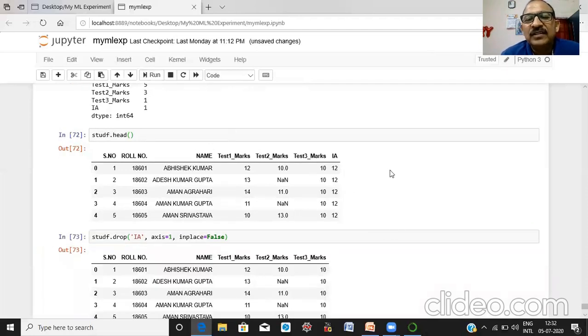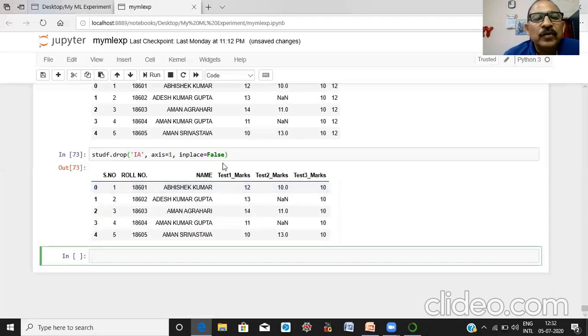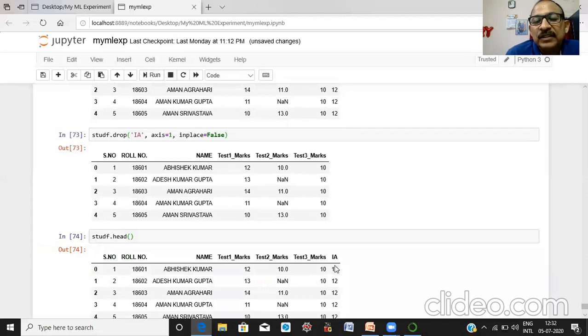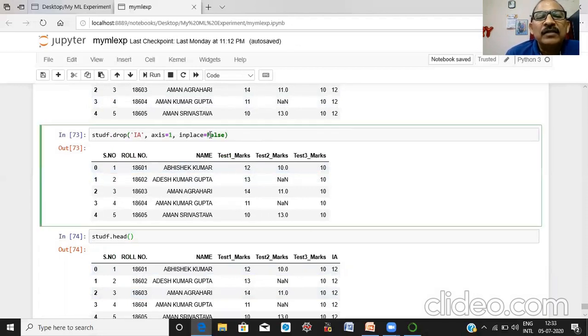Here you can see this column is removed from your data frame. Okay, let us see. We have run it, but it is not removed. To remove it permanently from your data frame, you have to write true instead of false.